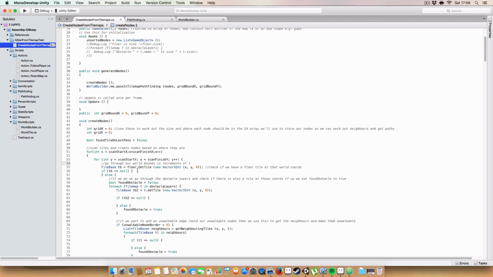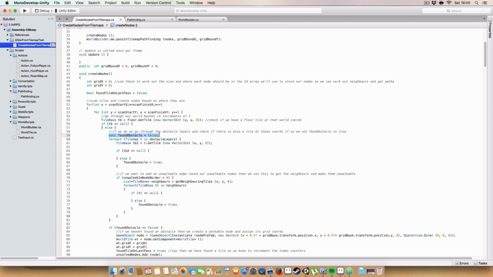So basically, like I said before, the tile maps don't actually store the tiles as a 2D array of tiles. We have to use the actual world coordinates, where it'll check if there's a tile at that coordinate. And if there is a tile at that coordinate on that tile map that we've checked, it will pass it in and store it on the TileBase. Now, if TileBase is null, so it's not found a tile at that particular location, then we do nothing. Otherwise,